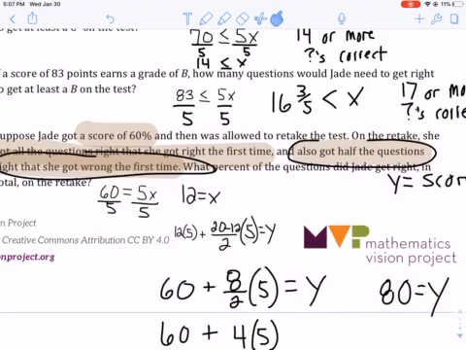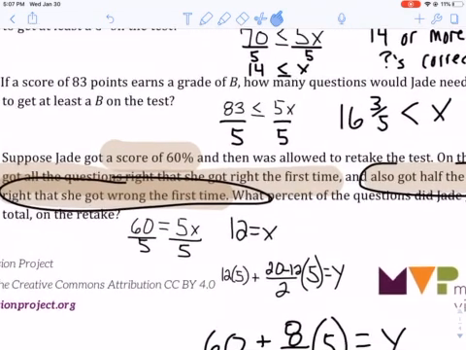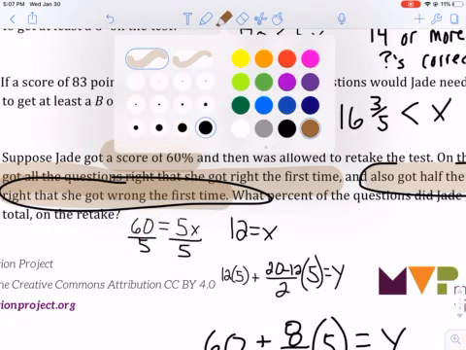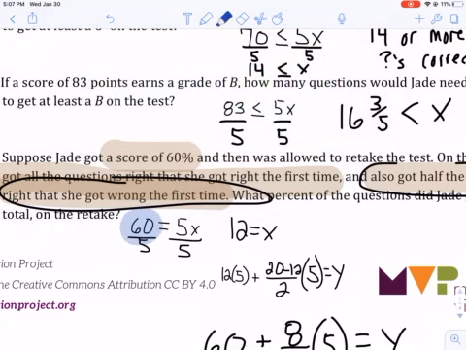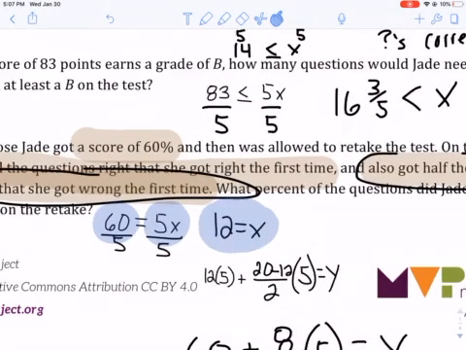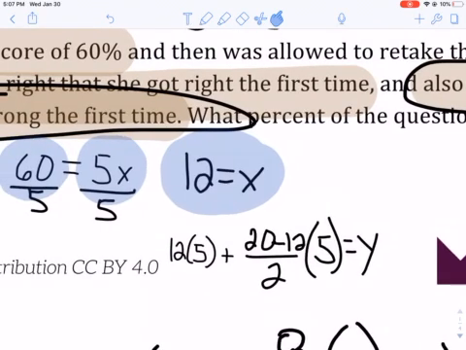Alright, so again, how I went back and did this. I knew she got a score of 60%. I knew each question was worth 5 points. So I figured out how many questions she got right, which was 12. So, second time around, I know she got those 12 questions right, times 5 would give me the total number of points. Now, she also got